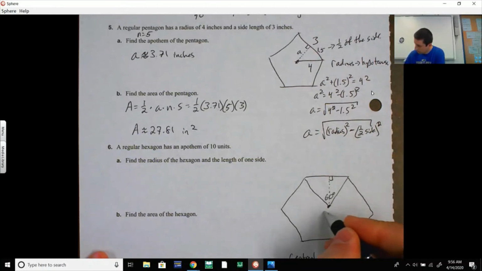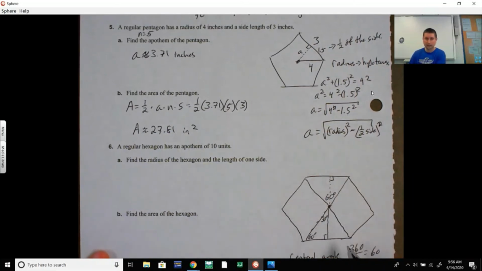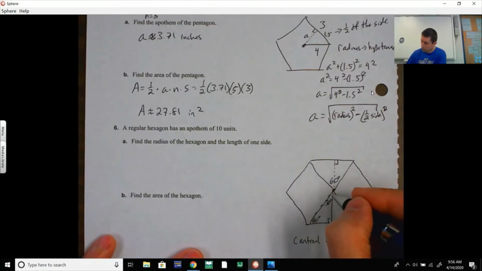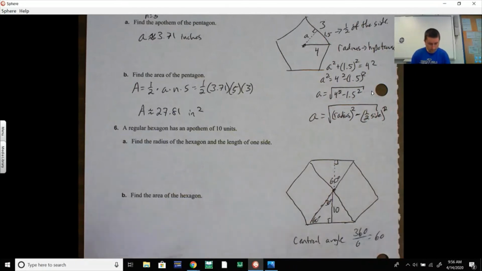Let's go down here. Here's my radii. I'm going to draw my apothem right here. And this is going to be 30 degrees, making this a 60-degree angle. You see the 30, 60, 90 that's being formed here. Okay, so if your apothem is 10 units, that is the longer side of your triangle. So if you want to find the short side of your triangle,